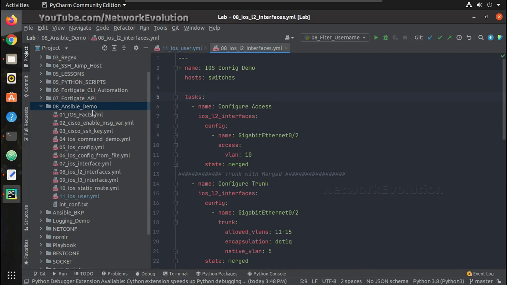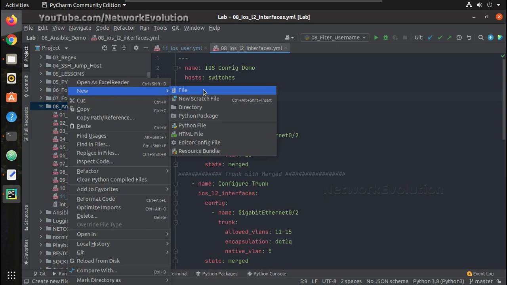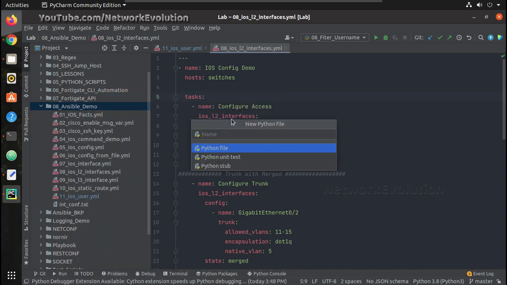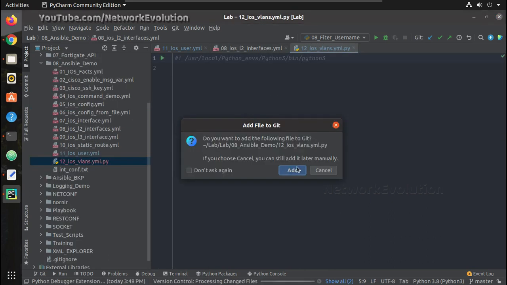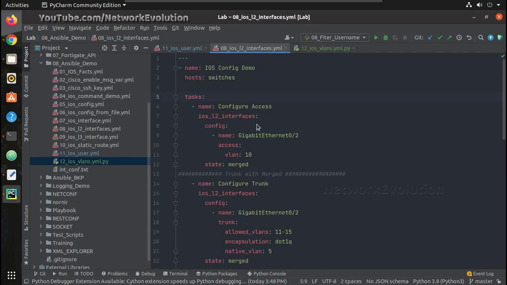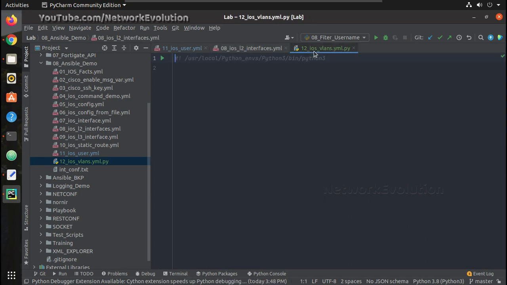Now we'll start writing a new YAML file. I will call that 12 underscore IOS VLANs dot YAML. Since the inventory is going to be the same, I can use this.